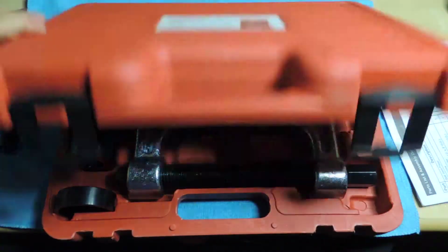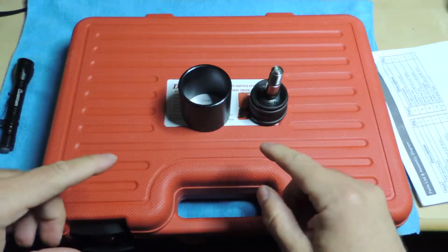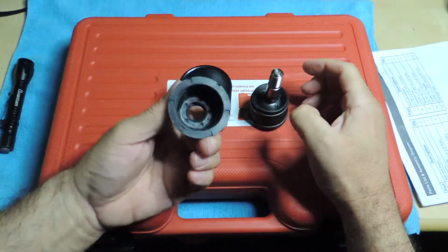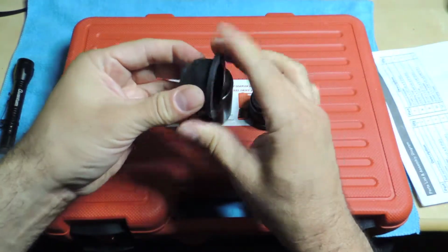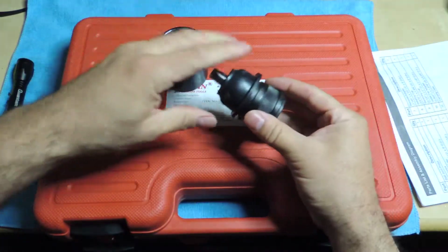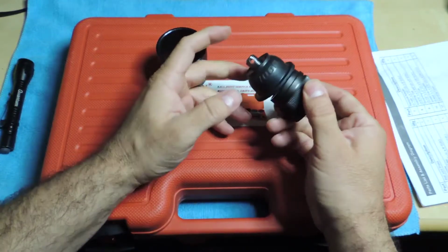So for now, I want to kind of go through this a little bit, because as I was looking at this whole ball joint that I gotta replace, it has this separate piece which is a boot, rubber boot, but on the bottom it's actually pretty hard. I don't know if there's a metal piece here or not, but I tried putting it in, just to test it out and see if I could get it under with my hands, and I really couldn't. Eventually I'll put some oil in there and stuff to make it easier to go in,